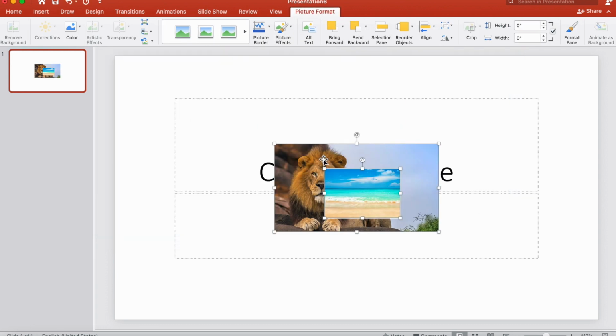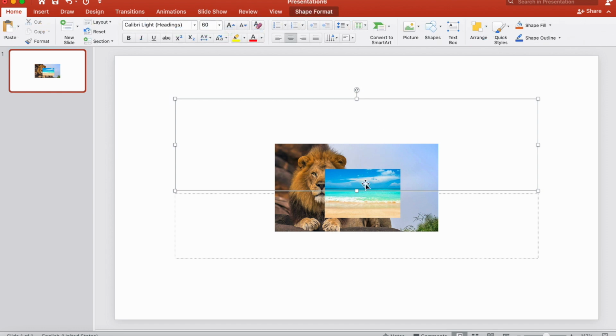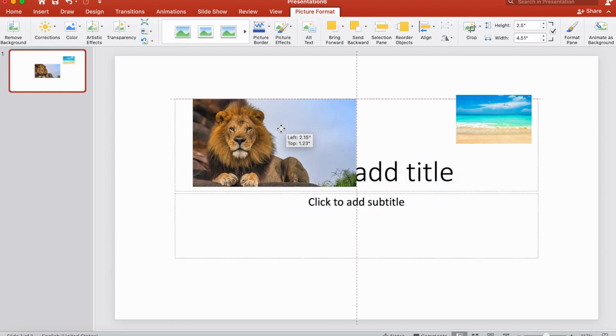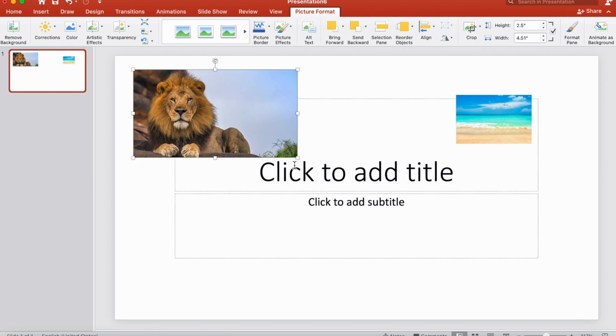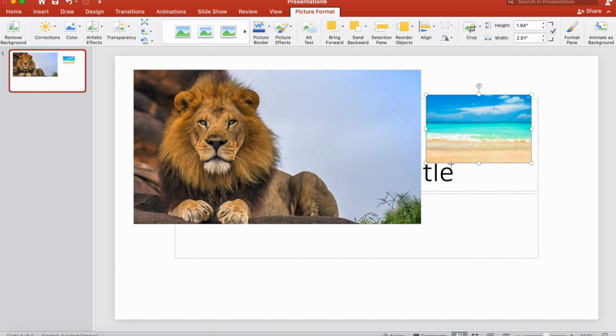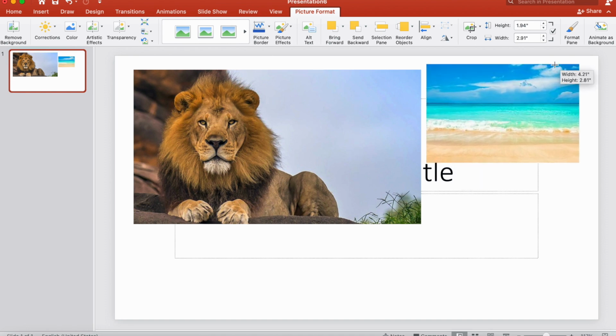Once it is inserted, I am going to move one image to the right, another image to the left. Now I am going to maximize the picture. After that, this is the background that I am going to remove from the line picture. For that, under Picture Format tab,